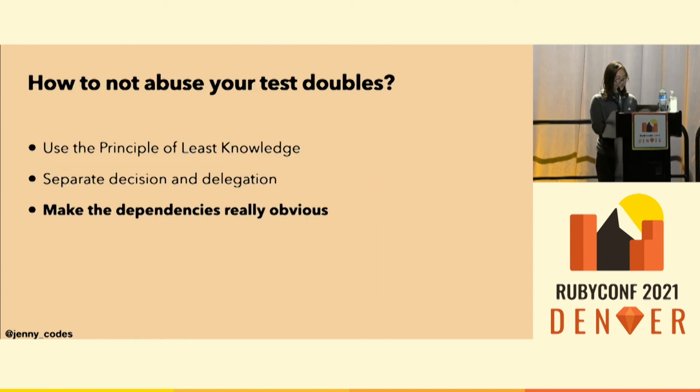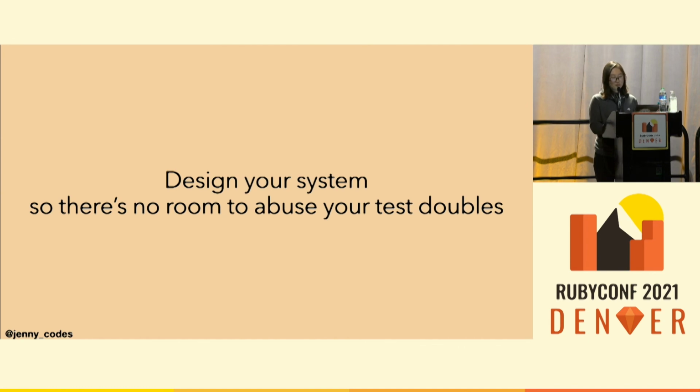That's it. So that brings us to our final point. If you find yourself in a situation where you're using your test doubles awkwardly, think about the code design. Specifically, think about how to write it so that you don't have to randomly stub your dependencies or fake everything away.